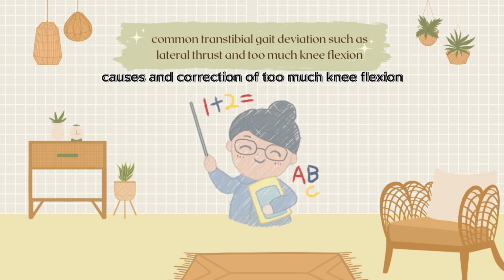And then the second cause is the heel cushion being too hard. The heel cushion fails to absorb the shock at heel strike. Then the foot goes to foot flat quickly and pulls the shank forward. So we should replace the foot with a new one that has a not-too-hard heel cushion.